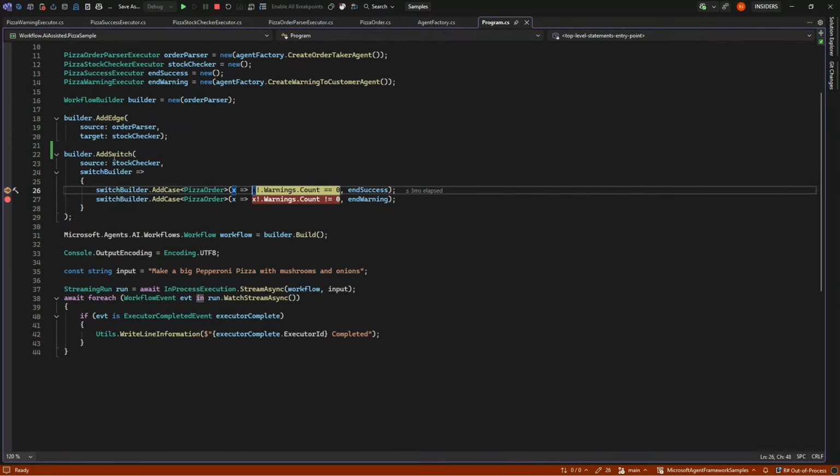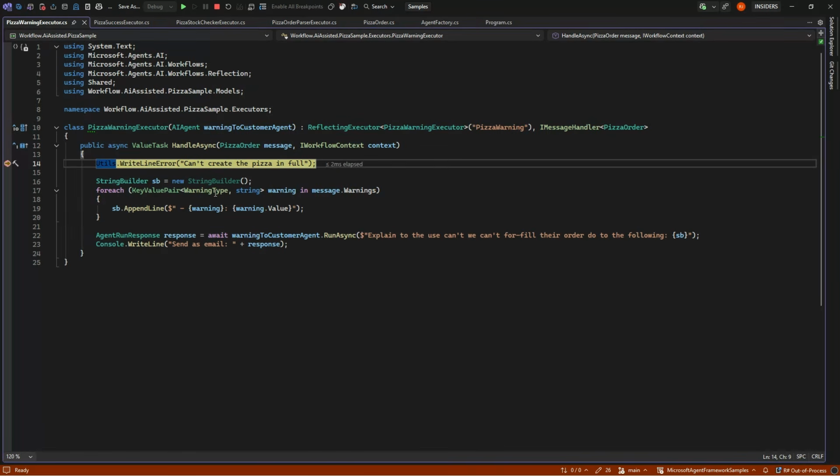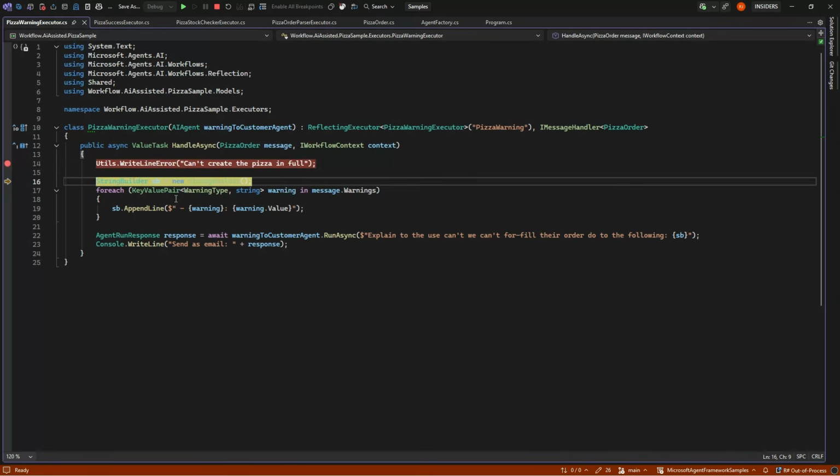And now we hit our switch with our case, and it will check, hey, how many warnings are there? There's one. So we're not gonna hit this step. Is this one? Yeah. Okay. So now we are actually gonna hit our events if we press along, and we'll get our order, our message here with our warning of out of ingredients mushrooms.